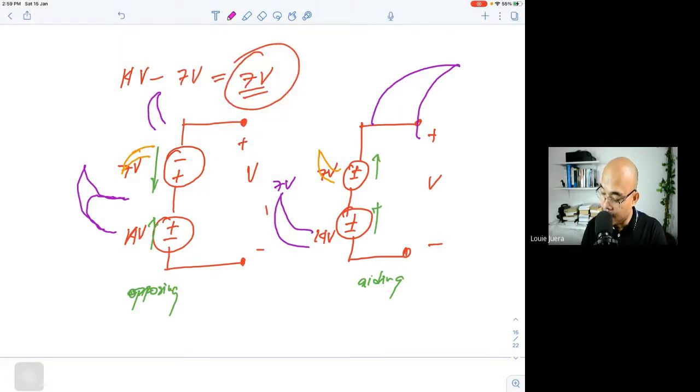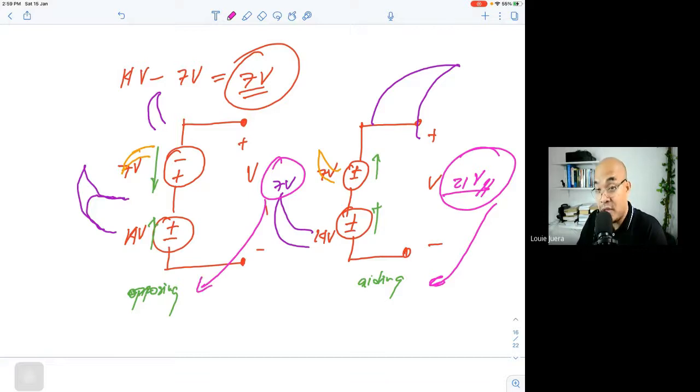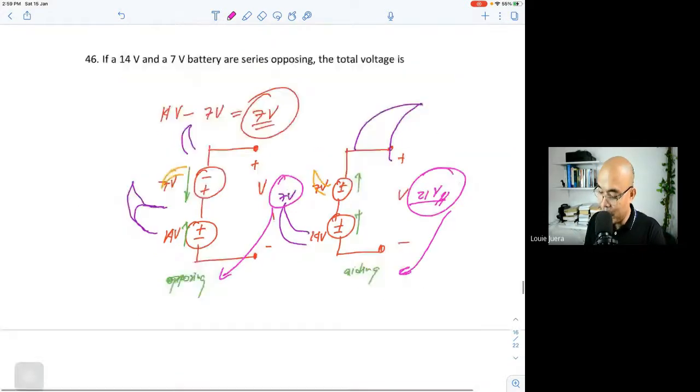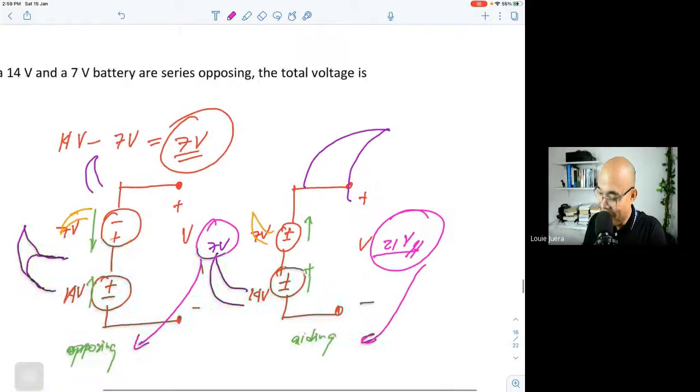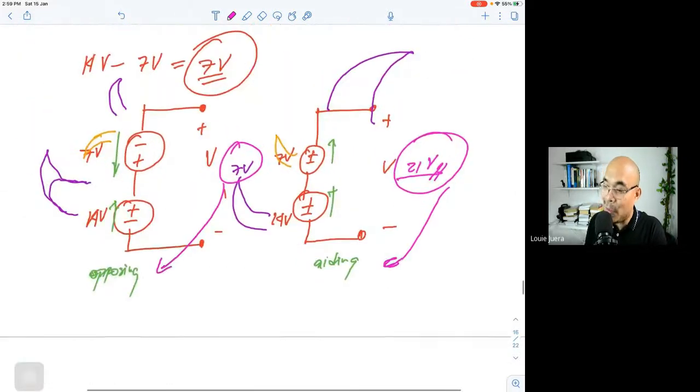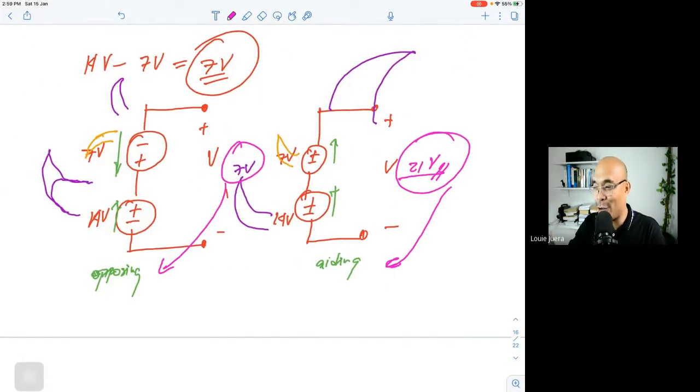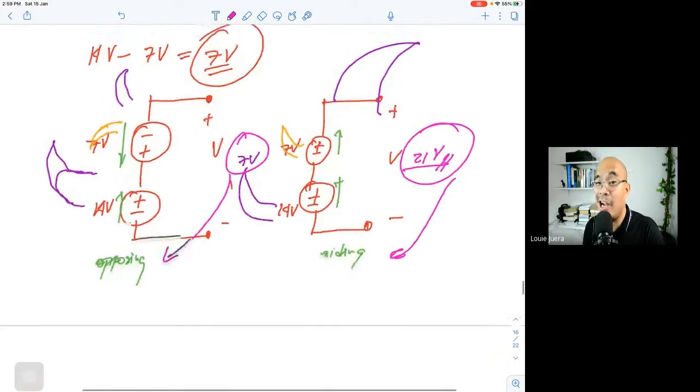So that is why the answer for this case should be 14 plus 7, that is equal to 21 volts. So this is for aiding, and then 7 volts for opposing. Just take note of that. It looks like a monster clause or something like that. So that's the art of